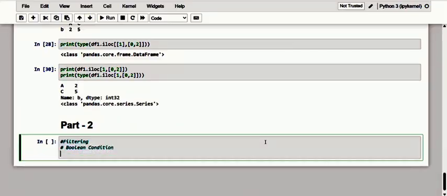Okay, so of course, dear friends, a condition is nothing more than a Boolean expression, that is, a mathematical expression that results in true or false. For example, if we specify that x is greater than 5, whether the value is greater than or equivalent to 5 or not, if the condition is satisfied it will return true, otherwise it will return false. Okay, now let me move on to the concept of filtering on the lines.